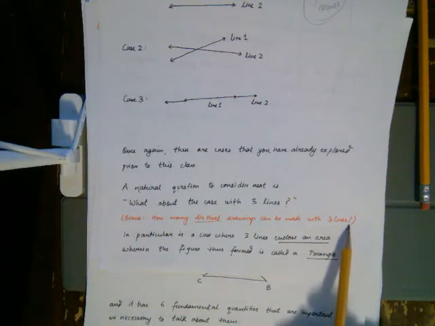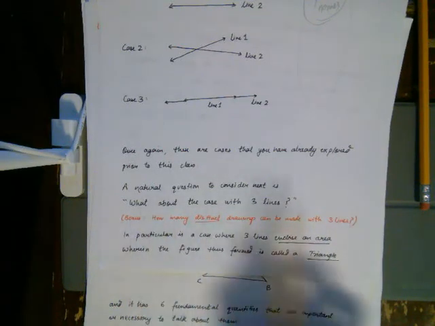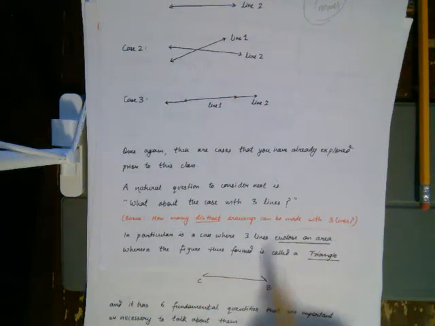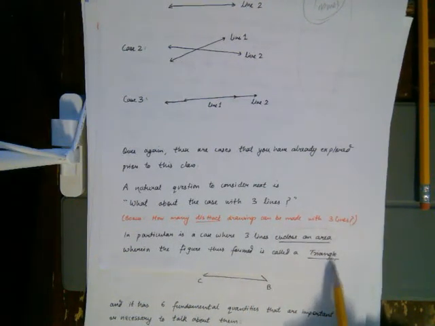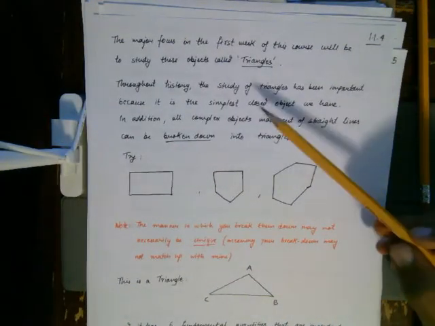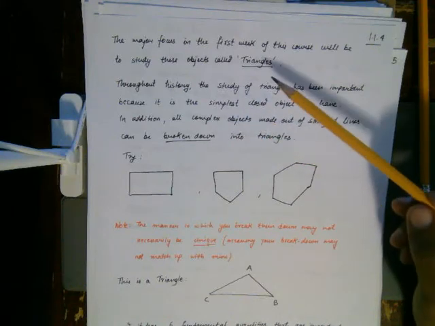Now here's a bonus question. How many distinct drawings can be made with three lines? Now when you look at these drawings, there's going to be one particular case where three lines enclose an area and a figure is formed which is given a special name, which is called a triangle. So the major focus of the first week of this course will be to study these objects which we call